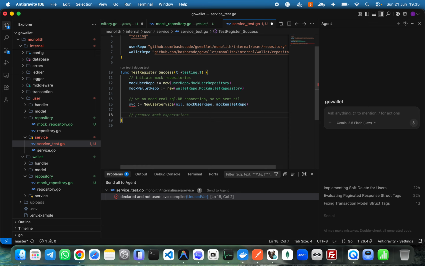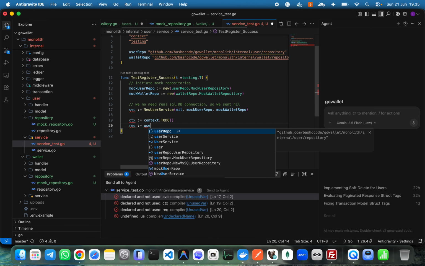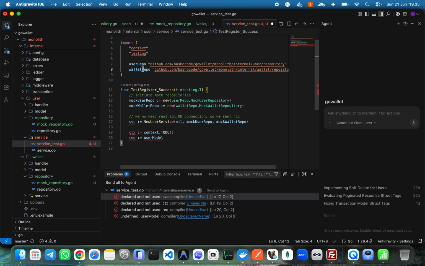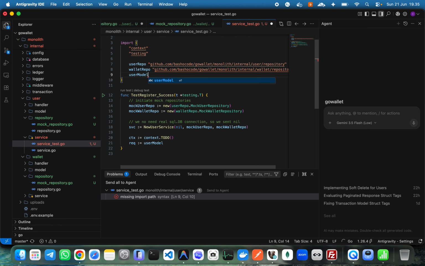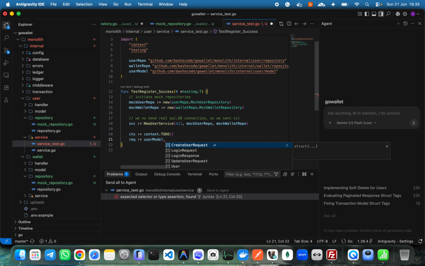In svc we do the ctx should be context.TODO, and request user model should be imported, user model, dot CreateUserRequest,